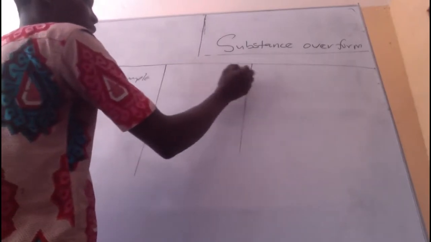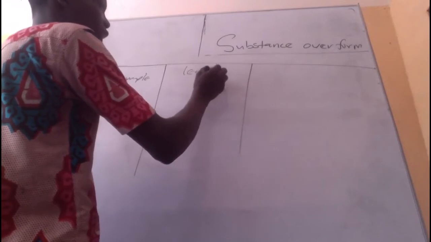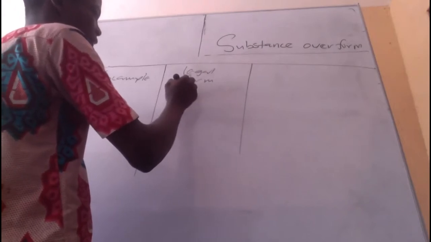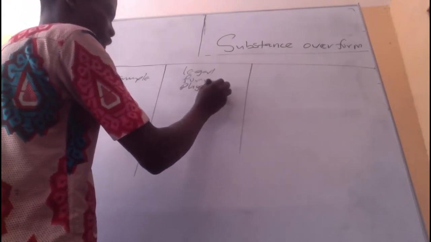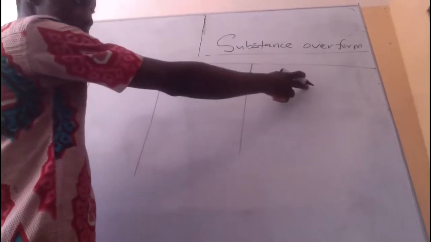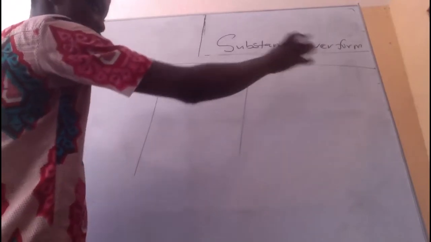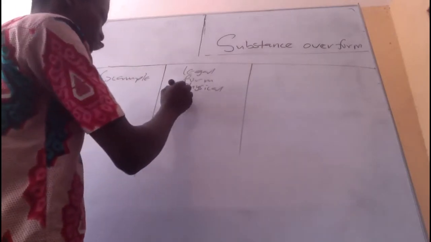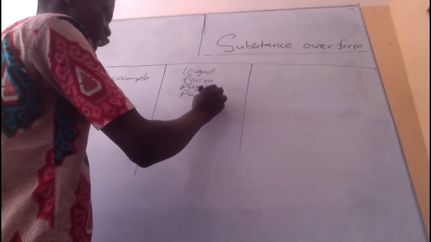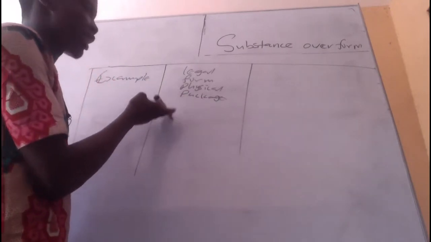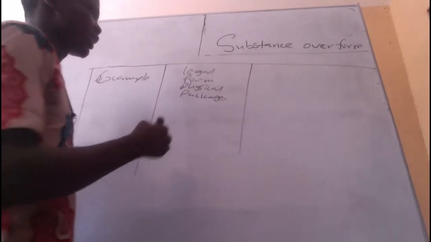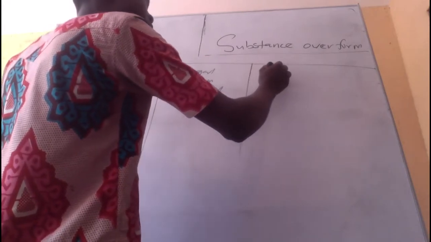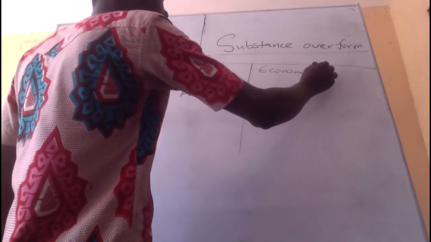Here is the legal. We also call it the form, or I call it physical. But that does not mean the economic reality or the substance, the spiritual form. No, not at all. Then I also call it the package. These are my terms that I use to explain them so I can get into detail. Now, substance, we call it economic reality.